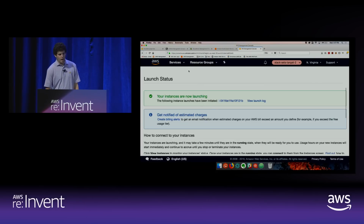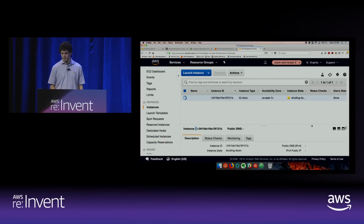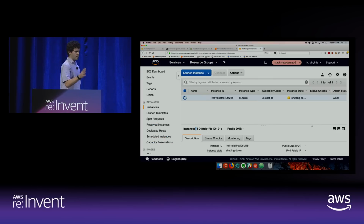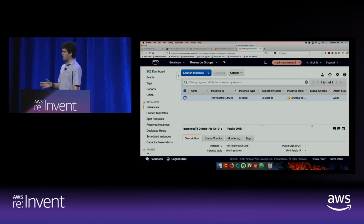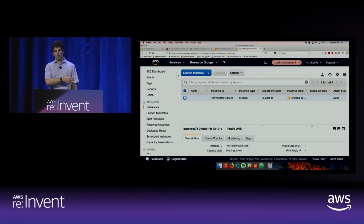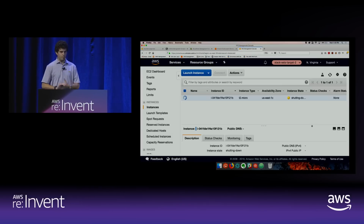If I take a look in my EC2 console now, just because it took me a couple seconds to click on View Instances, you can see it's already shutting down. It was in pending state for maybe a couple seconds before that CloudWatch event rule was triggered, notified my security account that has role-based access into this account, and a Lambda function I wrote took action to terminate the instance. So very immediate. This is a piece of infrastructure that wasn't even allowed to stand up before the security team